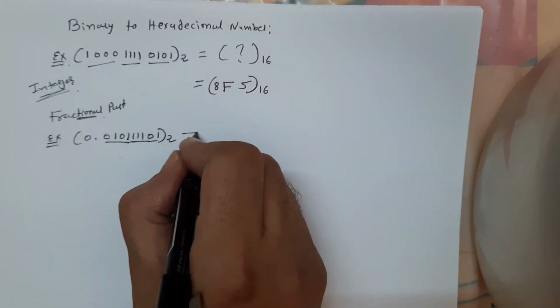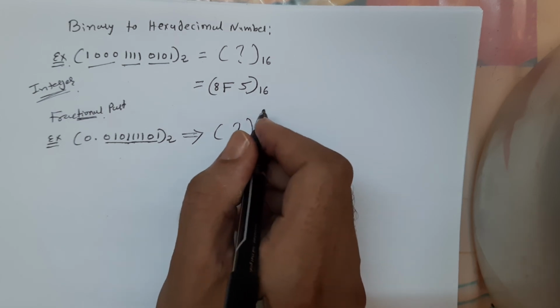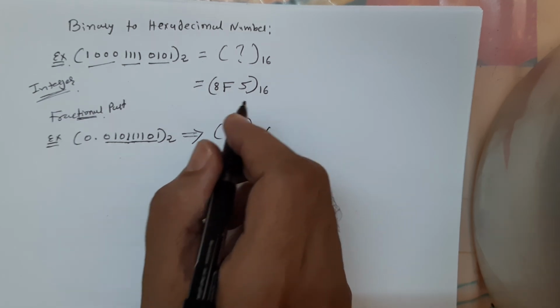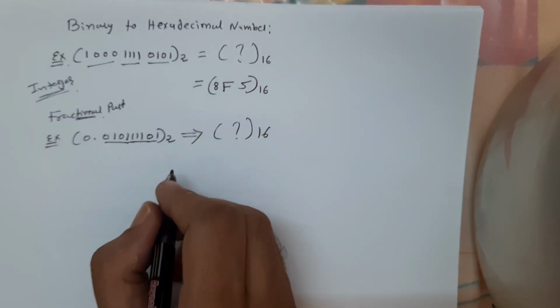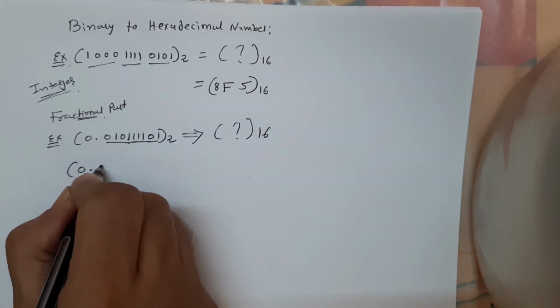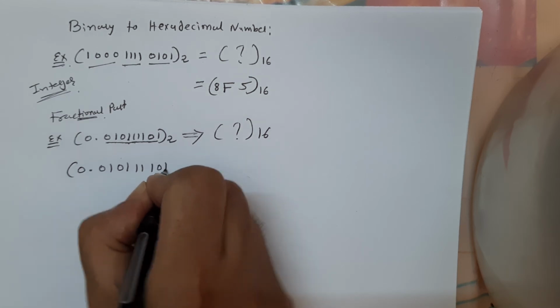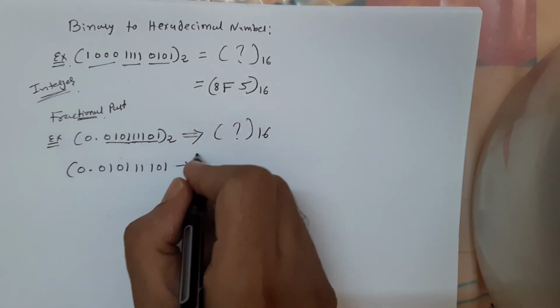We want to convert this into the form of hexa, right? So what is our value? The value is 0.01011110 1. That means it is equal to